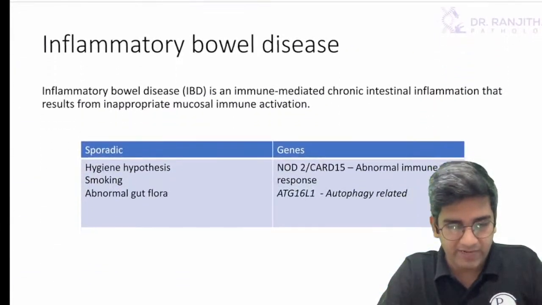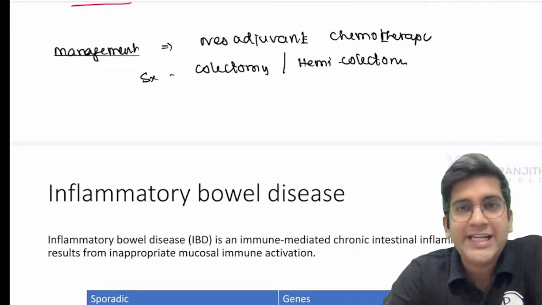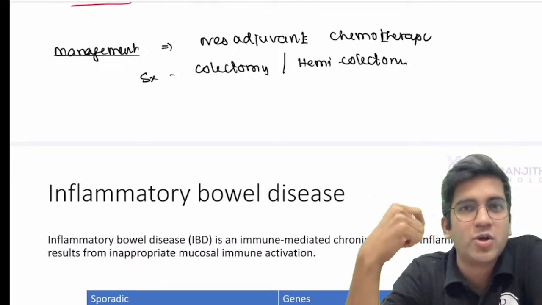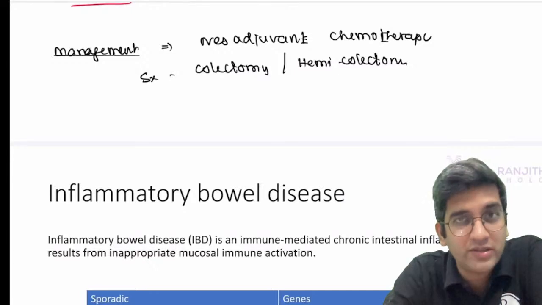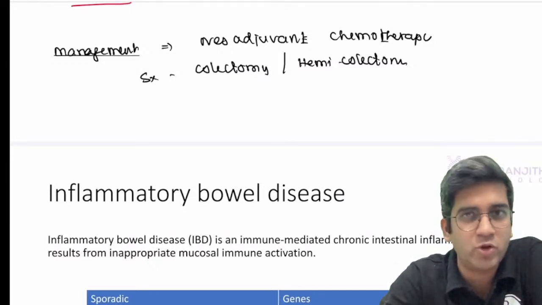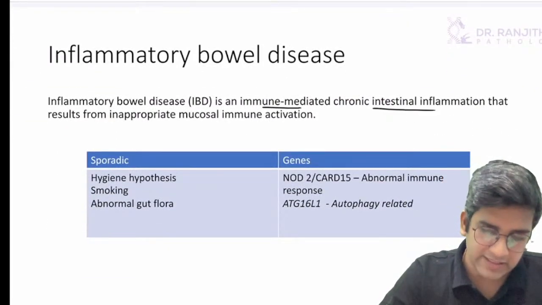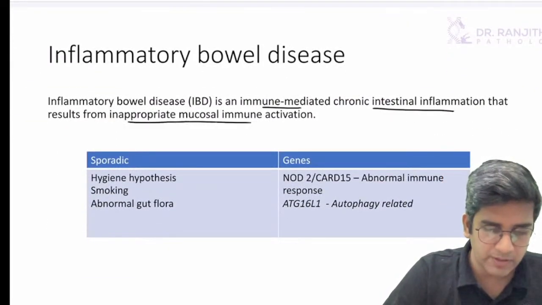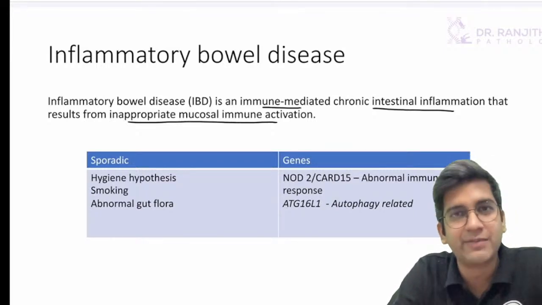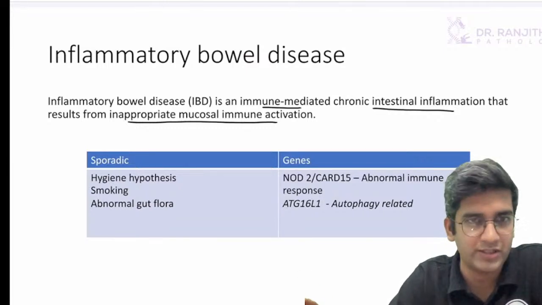Now let's go to inflammatory bowel disease. For the etiology of inflammatory bowel disease, we have to borrow from the immunology chapter because it is an autoimmune disorder, that's all. There are few things which are required to learn from here. The rest of every template, we have to go from the immunology chapter only, fine? So it's an immune mediated chronic intestinal inflammation that results from inappropriate mucosal immune activation. Just a word for definition. I'm just using the same words to say it's a long-term chronic autoimmune disorder, that's all.